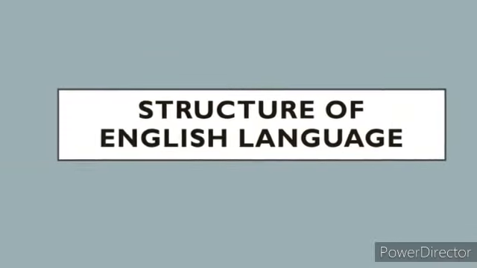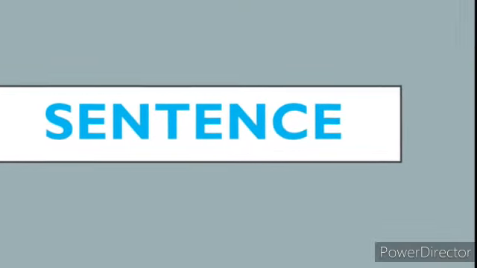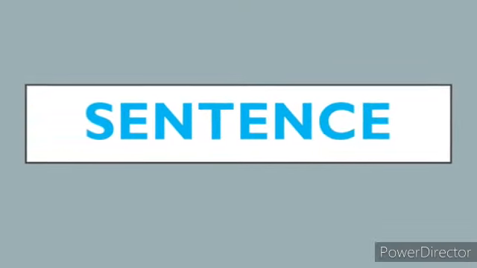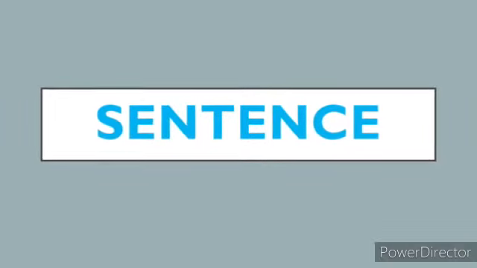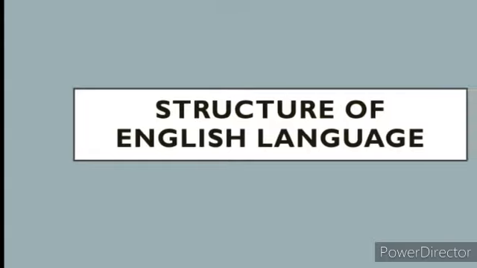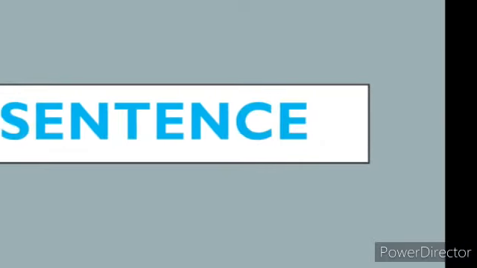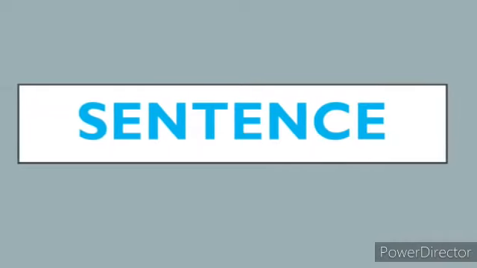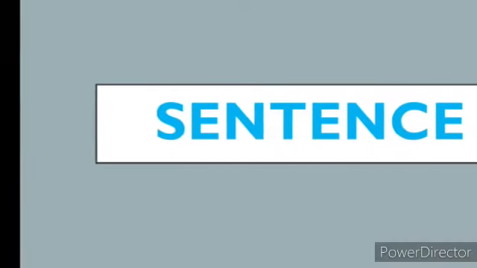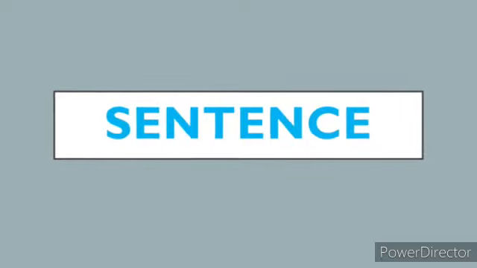Then the sentence. The sentence is the highest unit of a language and its nucleus is the verb. A sentence must have a subject and a verb except in imperative sentences. The structure of a sentence can be analyzed in terms of its form and function. When we divide the sentence, like a small boy was standing by the door, into parts, then we will find that